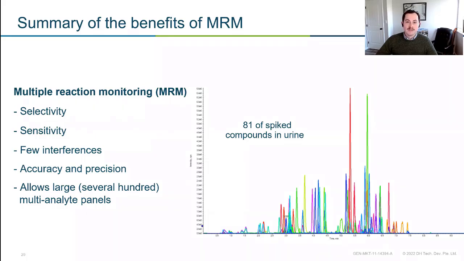I talked about having the chromatographic resolution, which is really important. You saw that with the matrix interference. But because an MRM experiment is so selective, it's okay if you have overlapping peaks because they're looking for completely different things. So that allows you to have these really large panels. So here's an example of a medium panel of 81 compounds. You can see that we have some peaks superimposed, but they're looking at completely different experiments. So we're not worried about it.